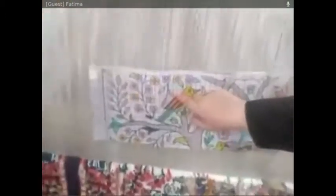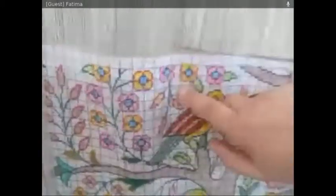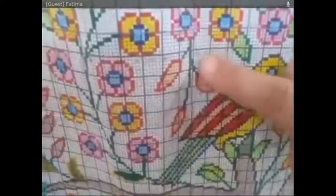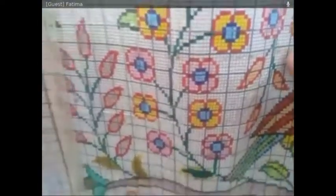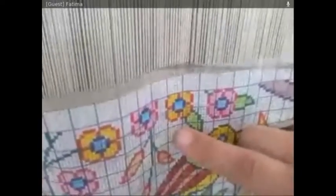But how can you make it like this? You should know this is a pattern which is followed. And this pattern is divided into squares. Each square is 1 centimeter by 1 centimeter. Another little square inside. As an example, this one is 8 squares, which means it's 64 knots. So each square represents a knot. So let's follow him